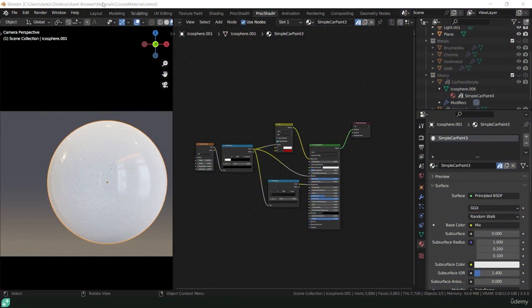Welcome back. In this video I'm going to show you how to start creating glass materials. So here we are again in our course materials.blend file where we are creating our material library for use in